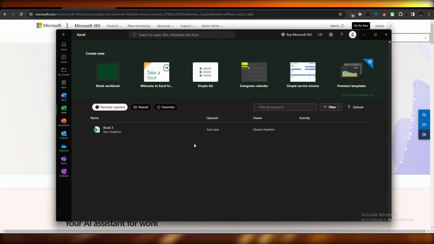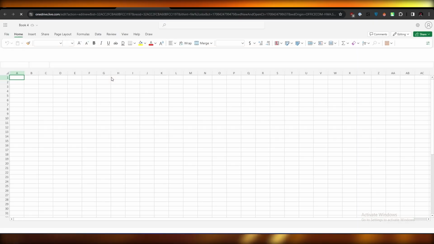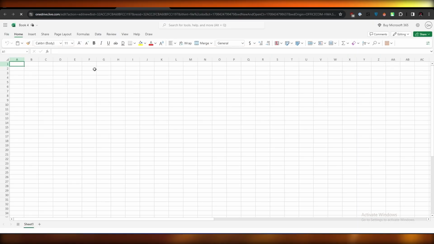sheet. So I have my Microsoft 365 account right here. And what we want to do is open up Excel and choose any workbook we want. We already have this one open, so let's go ahead and open it. But for now, we'll just open this one. It'll open up in another tab. It's loading up. Now what we want to do is go ahead and click on Home, and